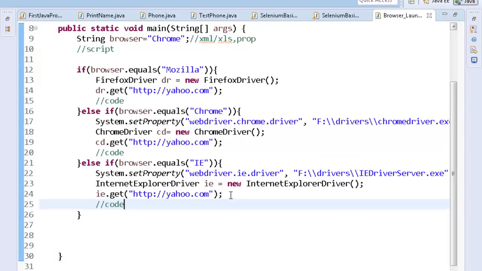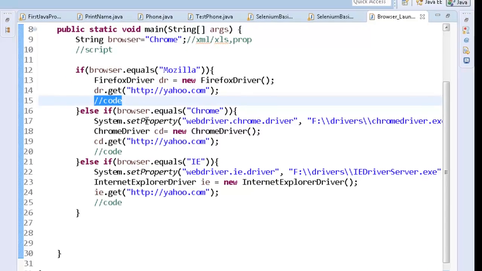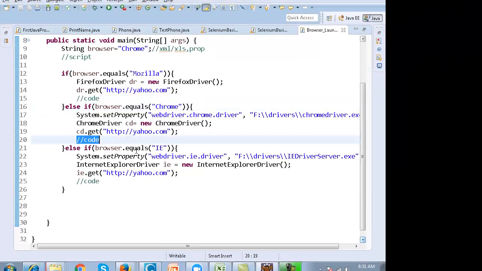If I have to click on some link on yahoo.com in Firefox, will I write the code separately for that? For Chrome, will I write the code? For IE, will I write the code? So this will create a problem. And the solution to this problem comes from the concept of interface.